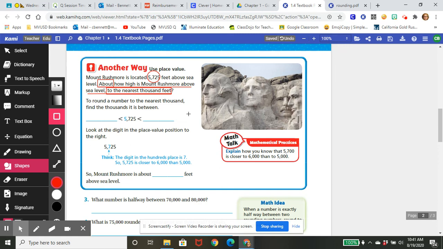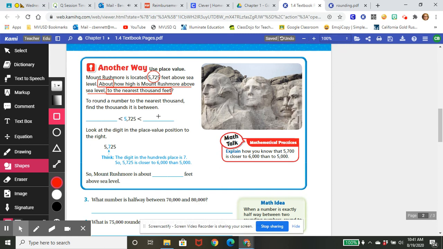That's giving you the starting place for where we're going to round, okay? Here, it's the nearest 1,000 feet, which means we are looking at the thousands place because we're rounding to the nearest 1,000, okay? So to round a number to the nearest 1,000, first we find the thousands that it's between,